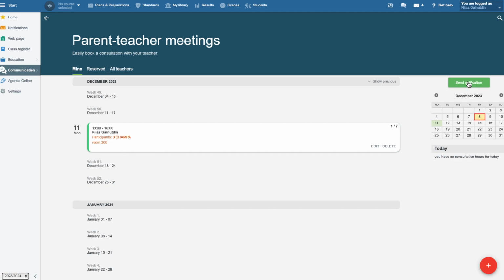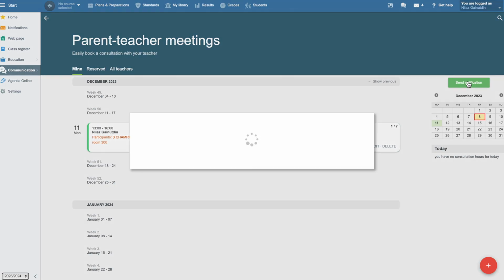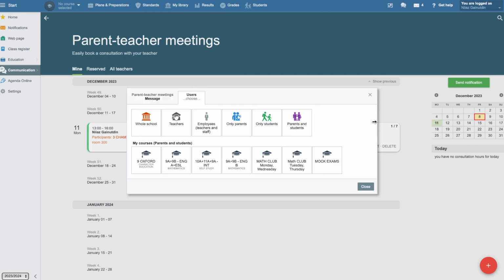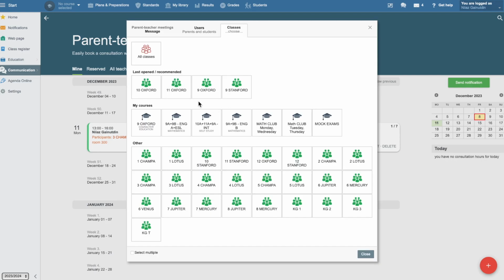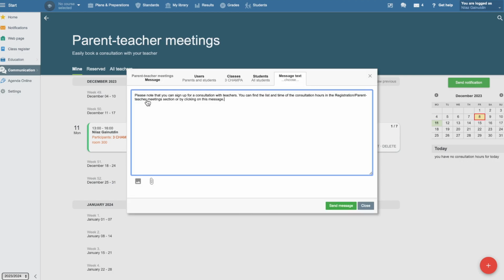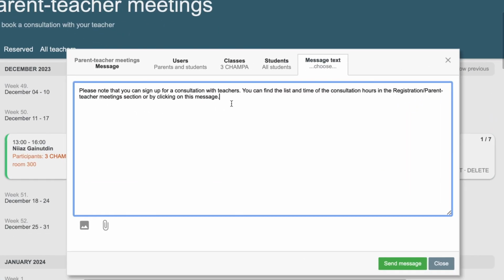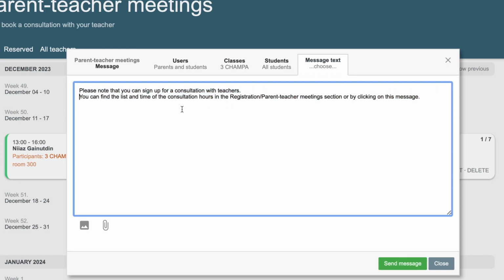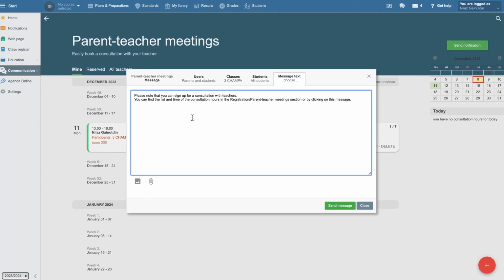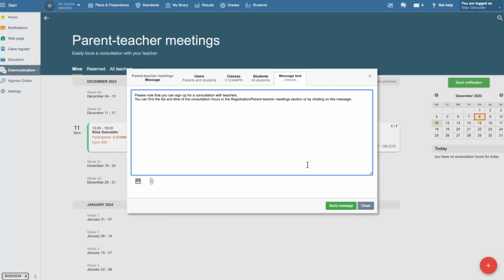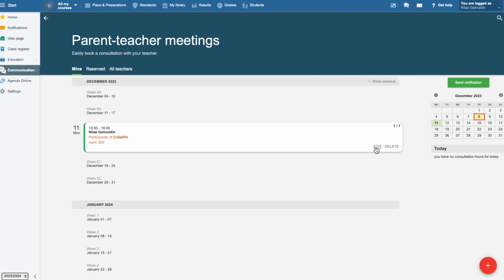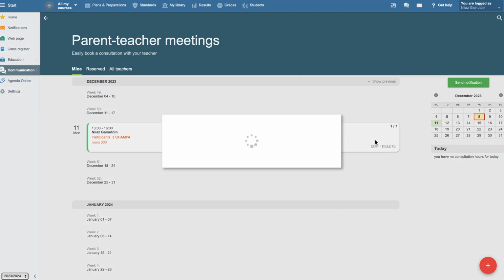Also, you can send a notification to the parents so that they will be notified that they have consultation hours available. Let's say that we select parents and students, and it's for 3 Champa and all students. Here you can specify the text. For parents, it can be in 1 language or 2 languages, etc. Here is the default text, so that when the parents click this message, they will see the consultation hours for a particular teacher. If you want to edit the consultation hour, you just click the edit button, so you will see the same